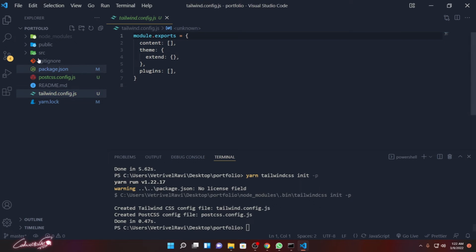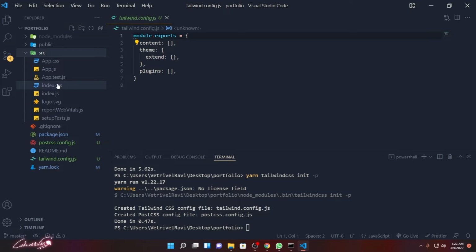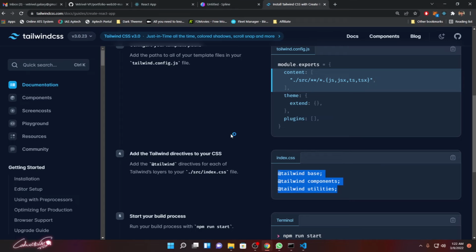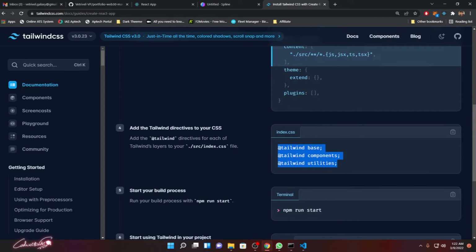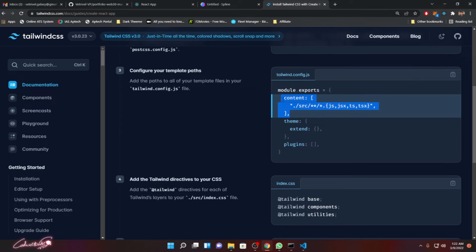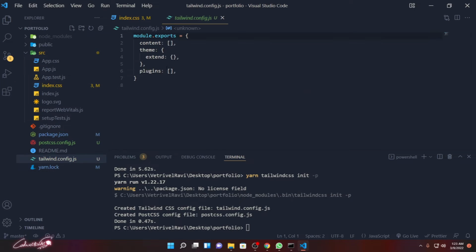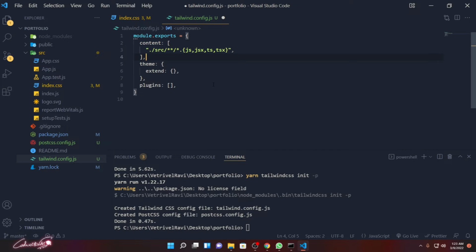Let me copy this and paste it. Go inside index.css and right after here, let me paste it. And we need to copy this one also. Copy it, and you have to paste it inside over here. Replace the content. Okay, so actually I'm just going to copy and paste the code, like the properties of the